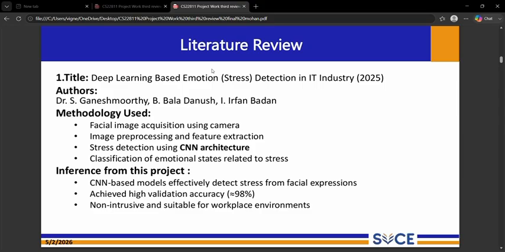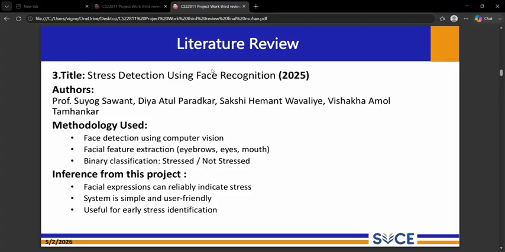We studied CNN, which is convolutional neural networks, and face recognition techniques to find expressions.